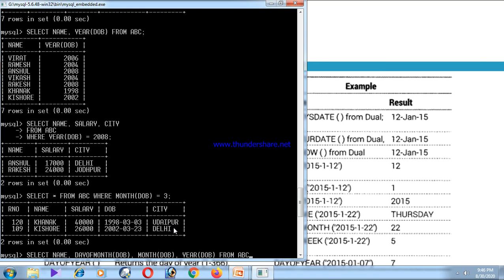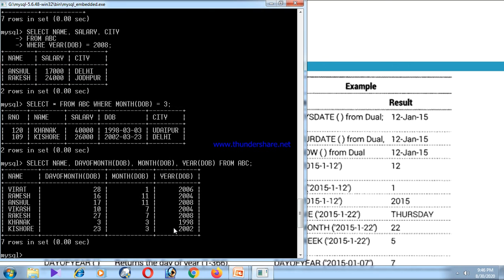Then from ABC, check this command. Here the date of birth column is divided into three different columns. The first column contains day, the second contains month, and the third one is the year of birth. Right? So these are the date and time related functions of MySQL.